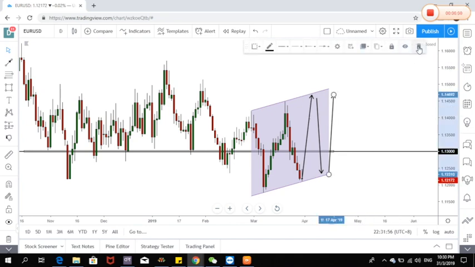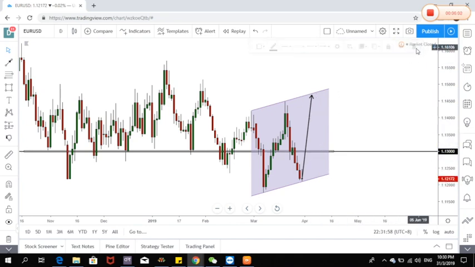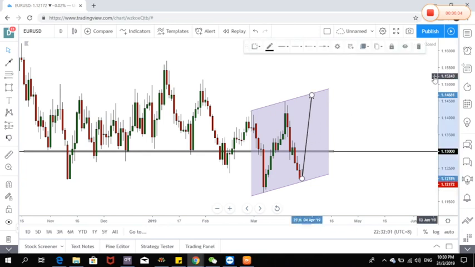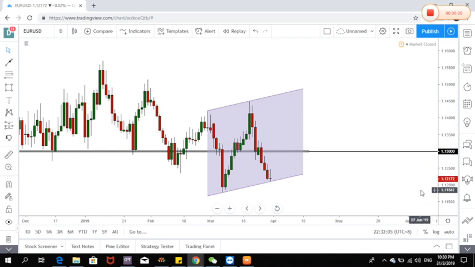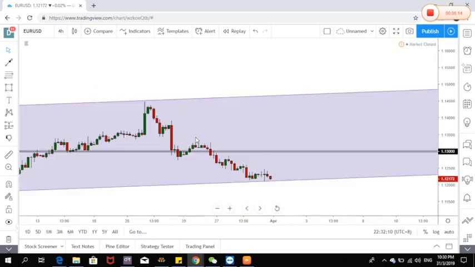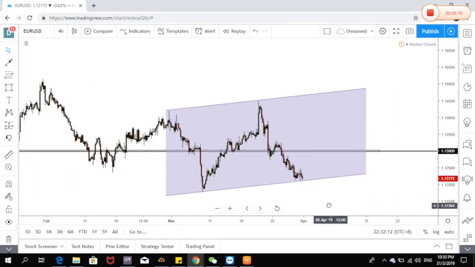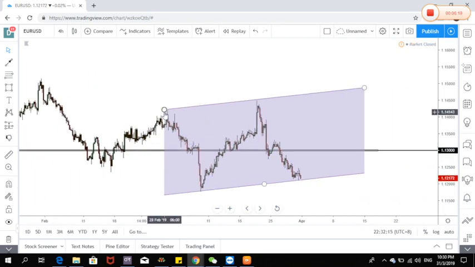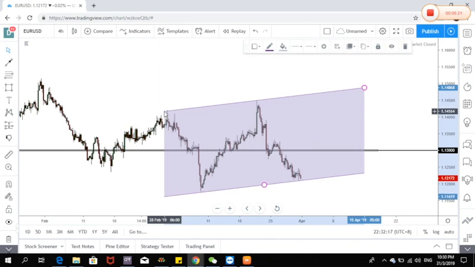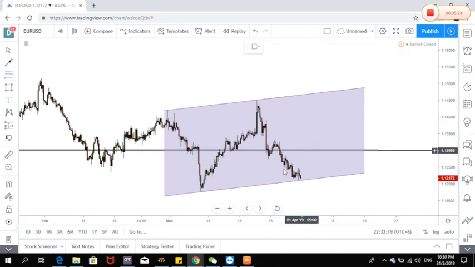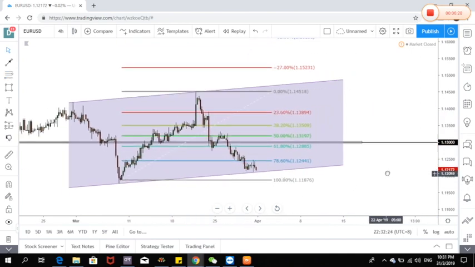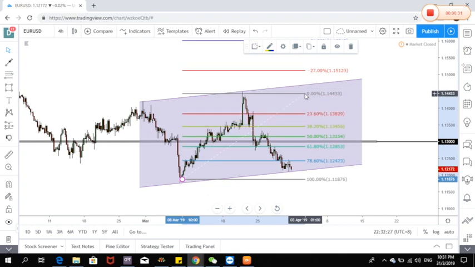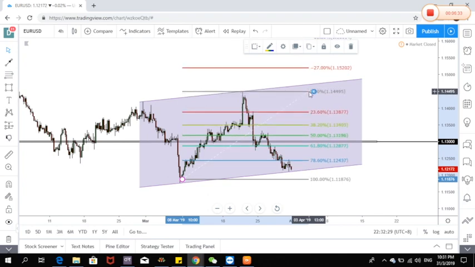So overall, I'm going to say that euro dollar has a higher potential to go even higher from the current price at 1.12 right now. When we go to a smaller time frame, we can see that price is trading in a channel like I mentioned earlier. So how to get your entry? Take the first one to the second one, right? But however, if you can see in this smaller time frame here,